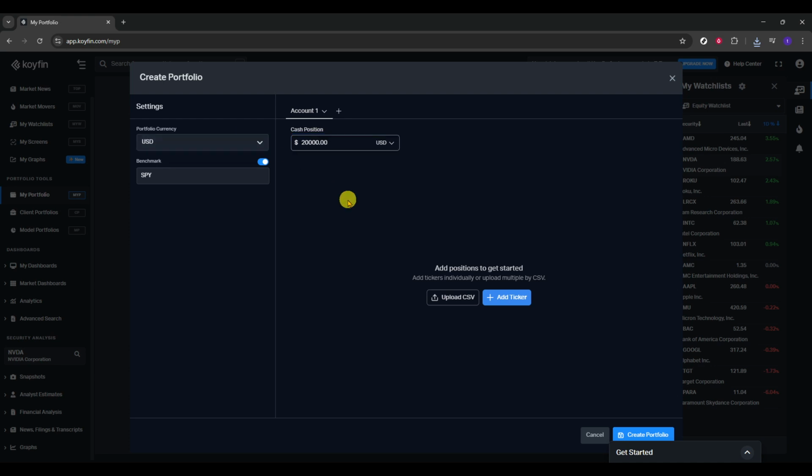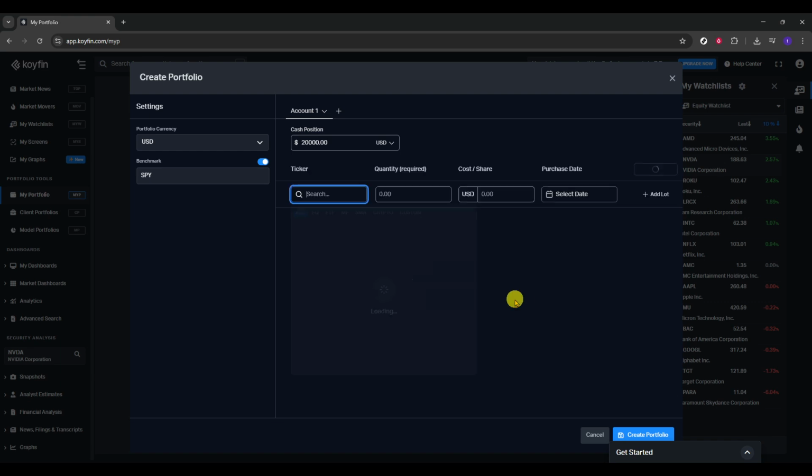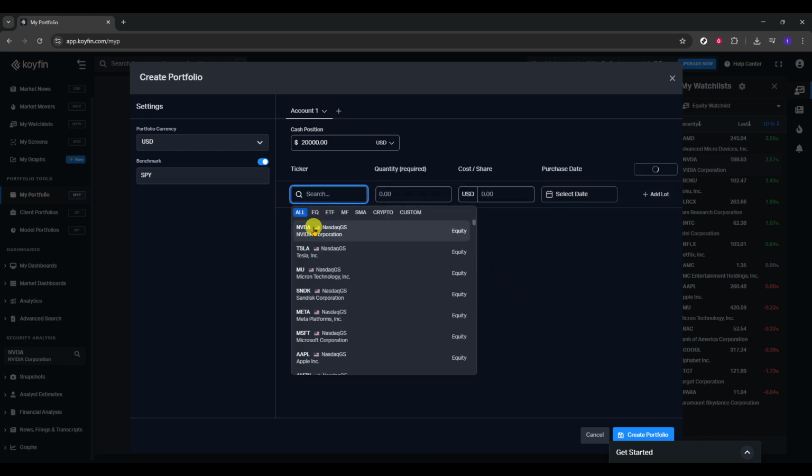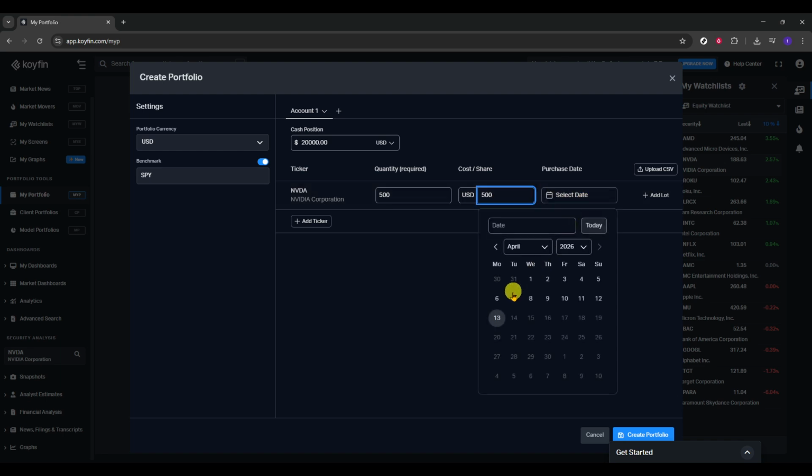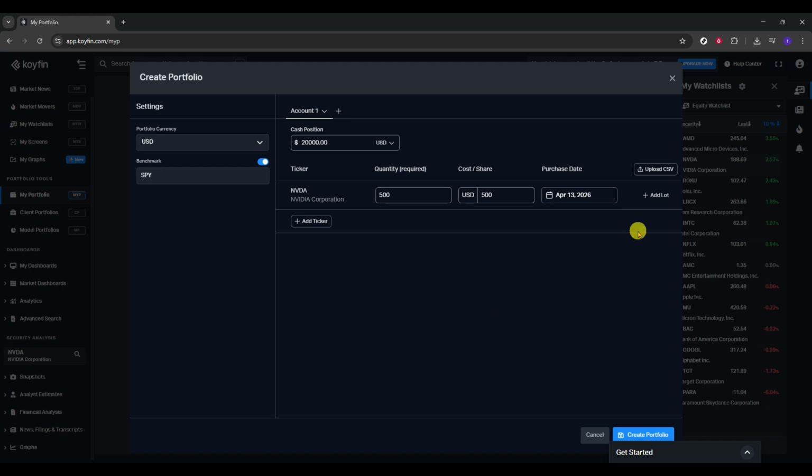Now it's time to add securities. Click Add Ticker to begin. Follow the on-screen prompts to search for the instrument by symbol or name, then provide the required details. You may be asked for things like quantity, cost, or trade date, depending on how you want Koyfin to calculate performance. Take a moment to double-check the ticker, the market it trades on, and the figures you enter so your